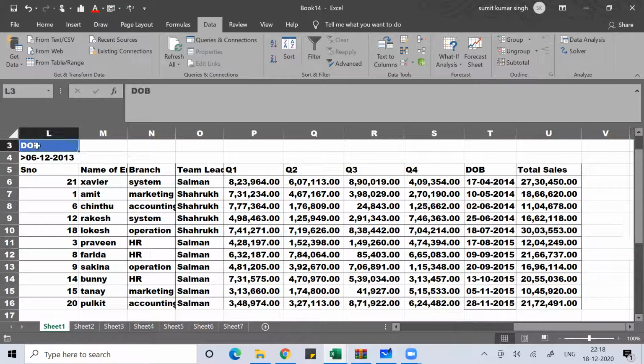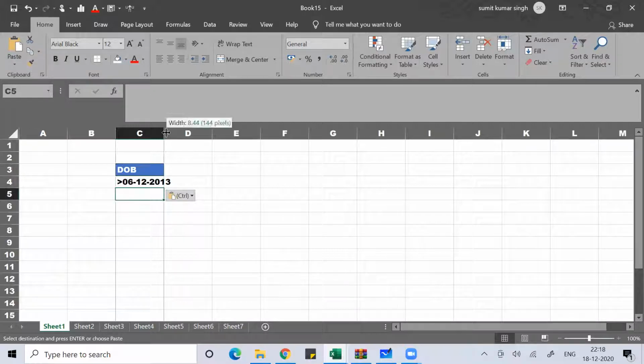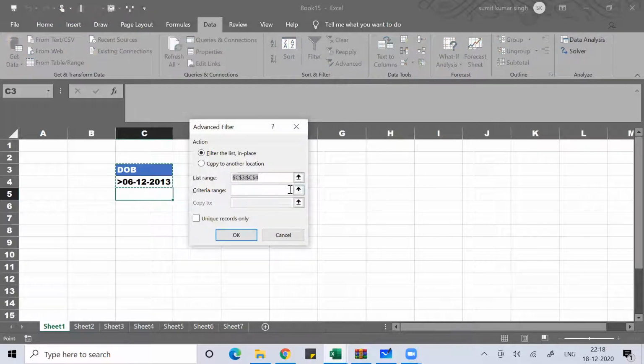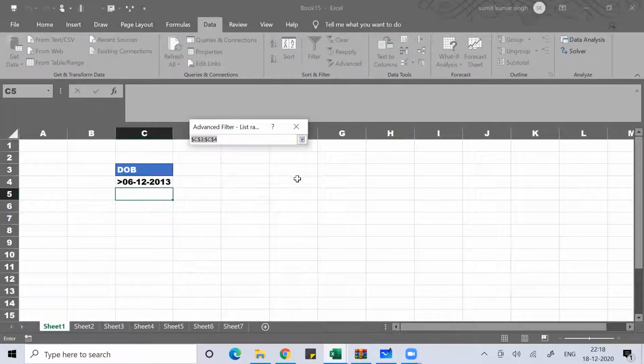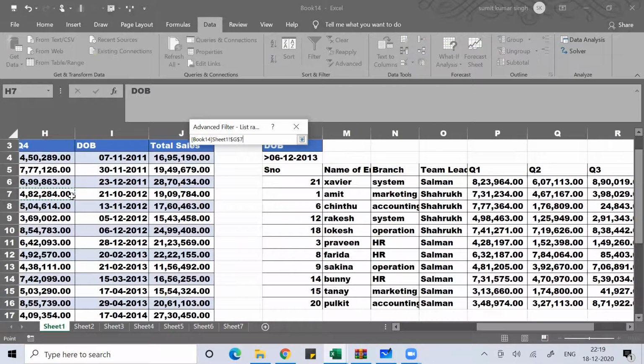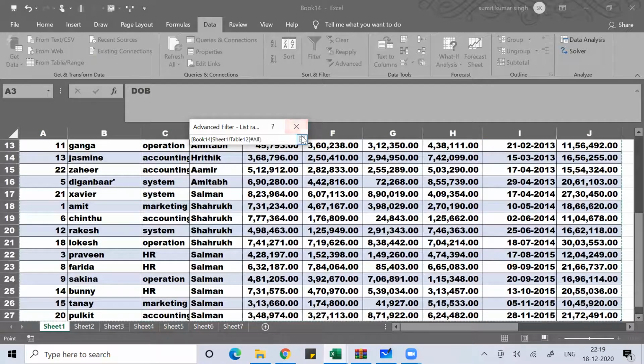Now same thing, let me put it in another workbook. Alt A Q, select the complete data, Control Shift right arrow, down arrow.